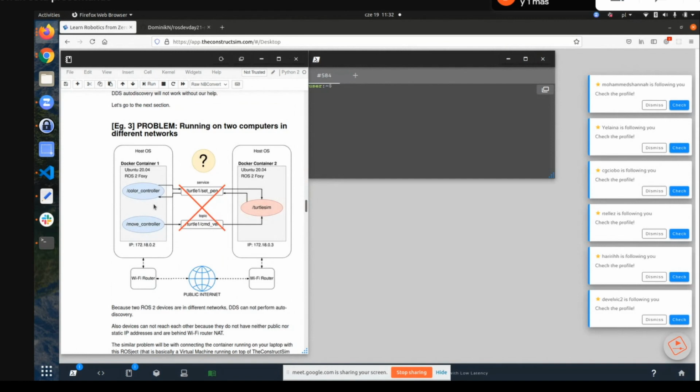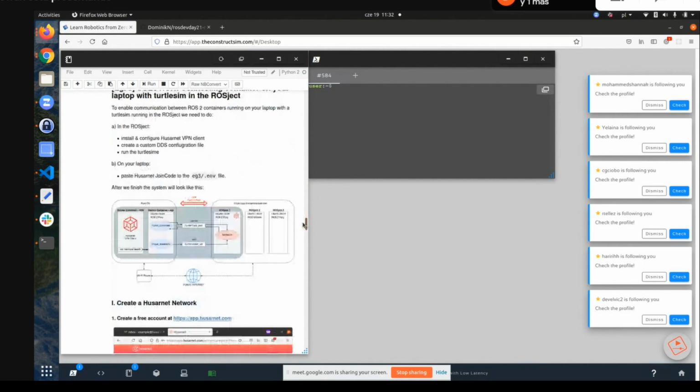One of them could be in Italy and another one in the United States. And what is the easiest way to connect them together? So DDS in ROS2 will not work, because it works only within our local network. So we need to find a way to connect them, and